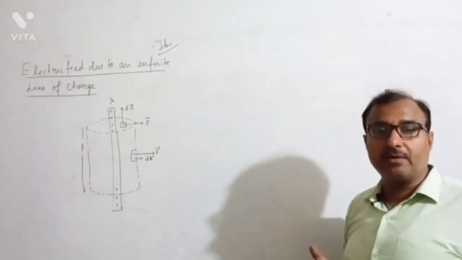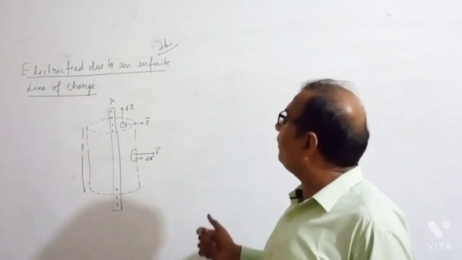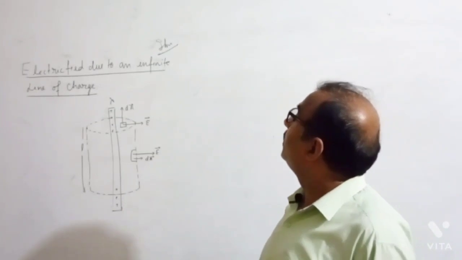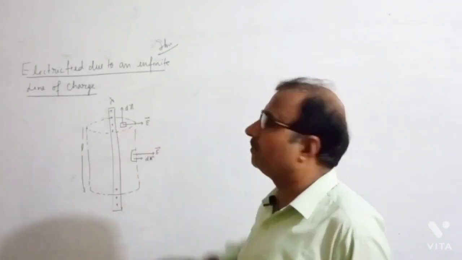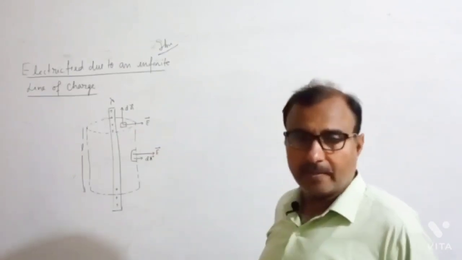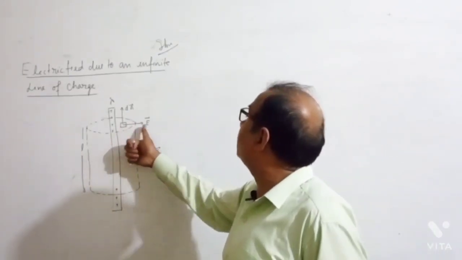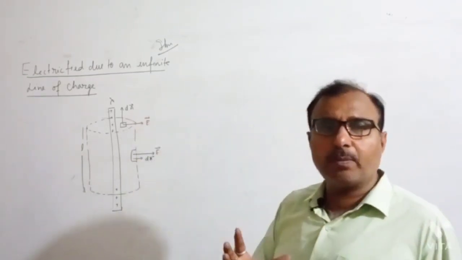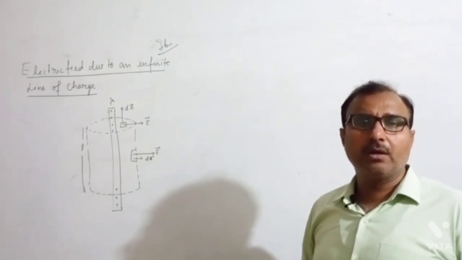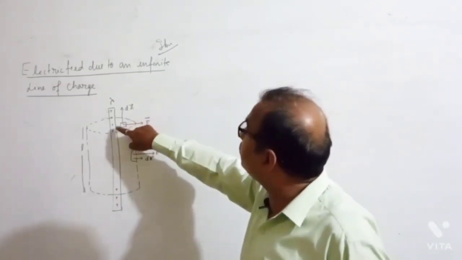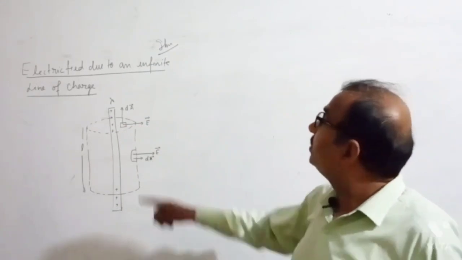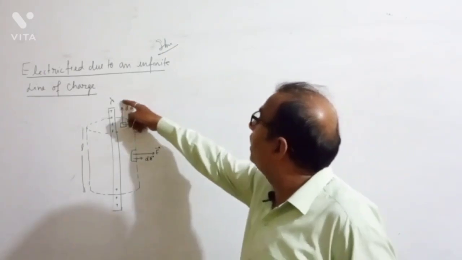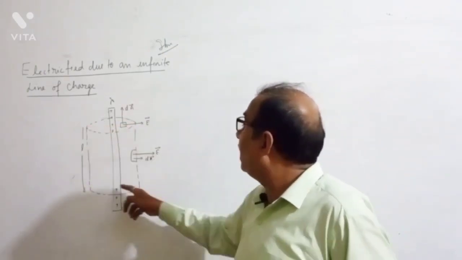dA, then as you know, due to positive charge, the electric field is outward. So dA and E are perpendicular to each other, so the electric flux passing through this surface is 0, because theta is 90 and cos 90 equals 0. Similarly for the top and bottom faces, dA and E are perpendicular, so no electric flux goes through these surfaces.